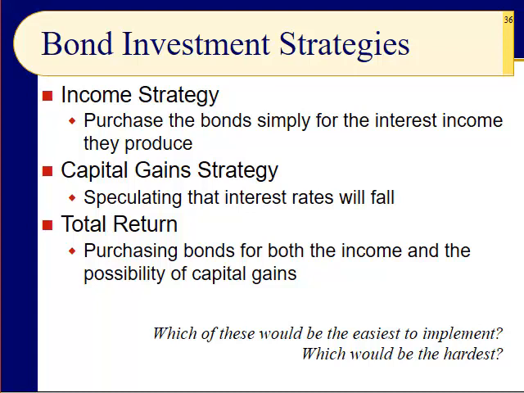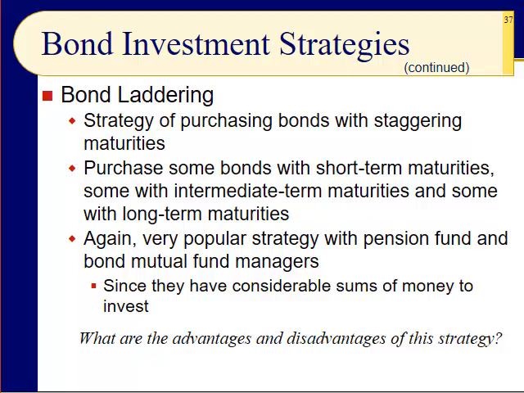So when you're buying your mutual fund, if you see total return, you know that they're going to try to mix the two. If you see income, they're going to basically buy the bond fund for the bonds. And if you see something like dynamic strategies or opportunistic, stay far away, in my humble opinion. Or high yield or something like that. Yeah, be careful.